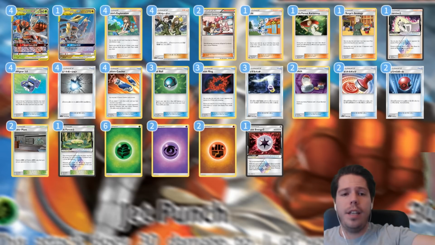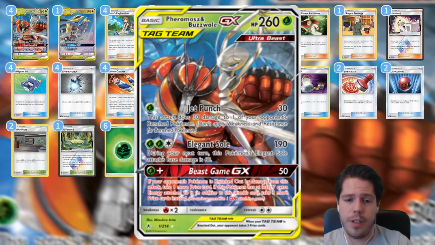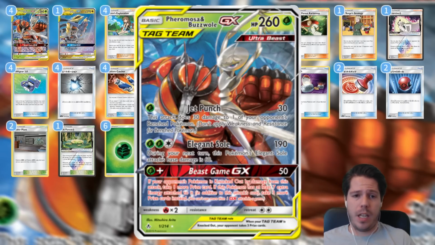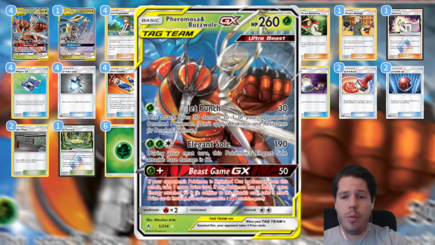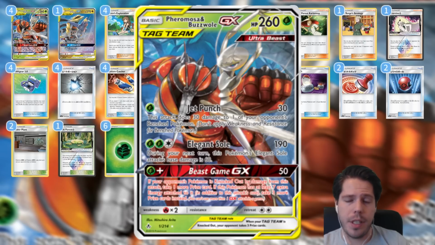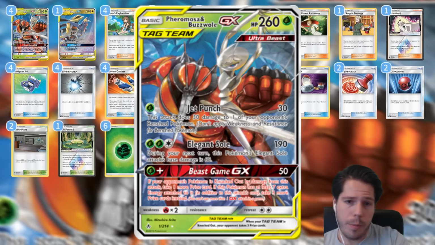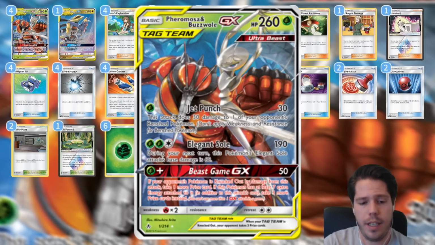But yeah, anyways, this deck does feature Buzzwole Pheromosa and Garchomp and Giratina. So first, Buzzwole Pheromosa's Jet Punch is a really nice way to start pressuring your opponent, right? 30 damage, not the biggest amount of damage. If you find your Beast Energy, then that does mean you can deal 60 damage, but the humongous HP and the continuous chip away and setting up of damage plays very nicely into the